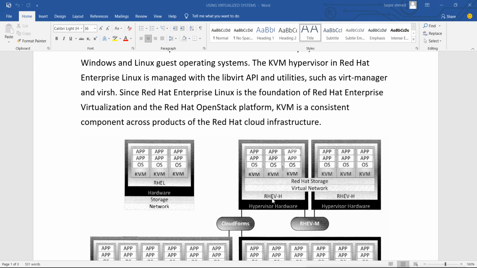It is also thin, in that the OS layer of this RHEV is very thin, so it will not have any load, like Zen Server or VMware, and on that we can create the virtual machines, we can manage the virtual network, we can manage the storage, and we can even combine multiple RHEV hosts and create a single pool where we can share and migrate the virtual machines from one server to another server.